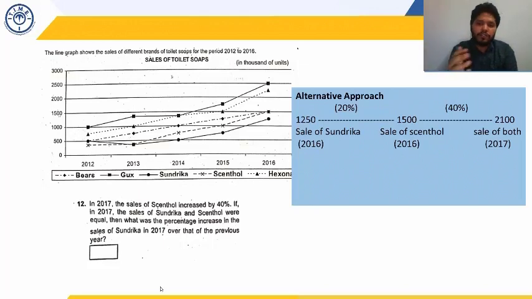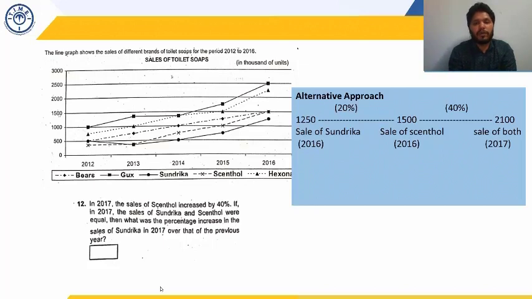So 1250 to 1500, how much percentage change is there? 10% of 1250 is 125. So 20% is going to be double, which is 250. And from 1250 to 1500, it is a change of 250 only. So can I say from 1250 to 1500, it is increased 20%. So the sales of Sundrika first increased 20% and it becomes 1500, and from 1500 to 2100 it has further